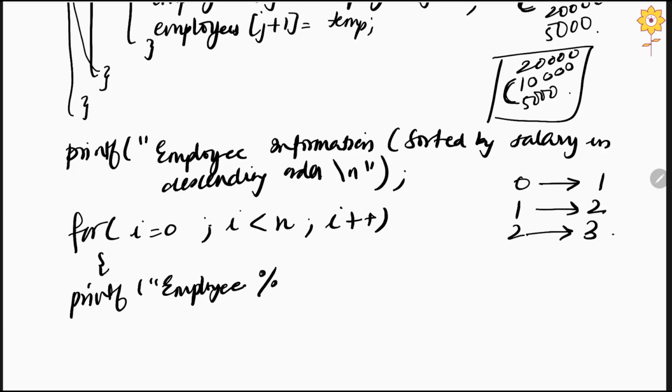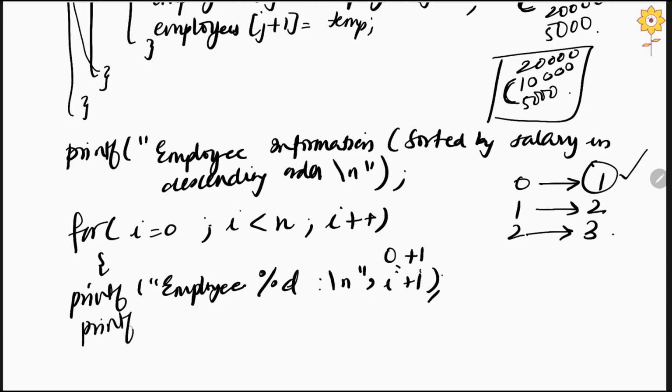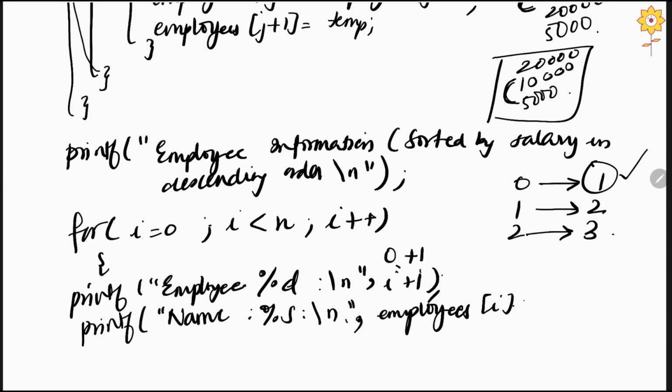Before that you will just write "Employee", and which employee it is. So, %d\n, and then you will write i + 1, because i is 0. So, 0 plus 1 will give you which employee? First employee, okay, correct. Then you are going to print the name. Is it a string? Yes, it is a string. So that is why %s and \n for new line, quotes, comma, employees[i].name,